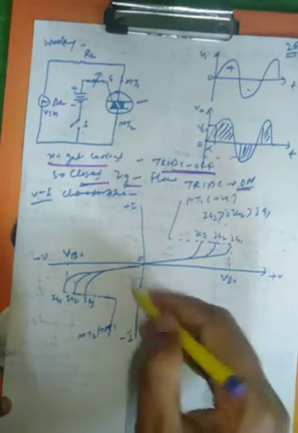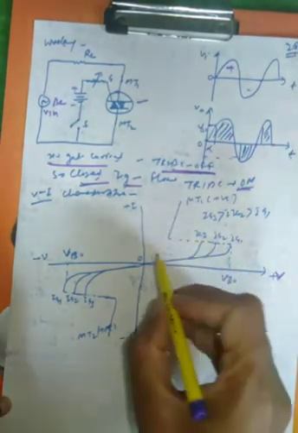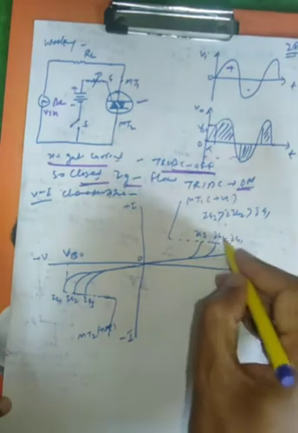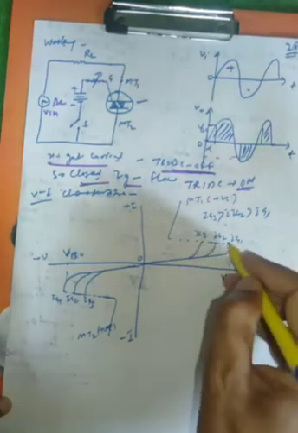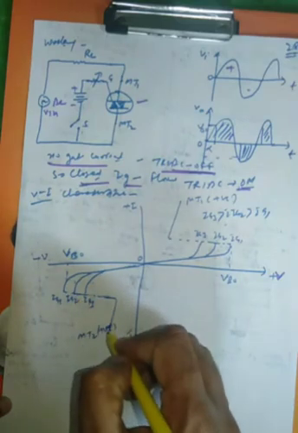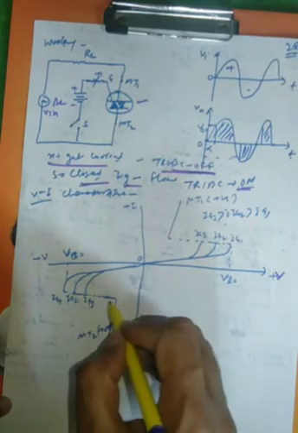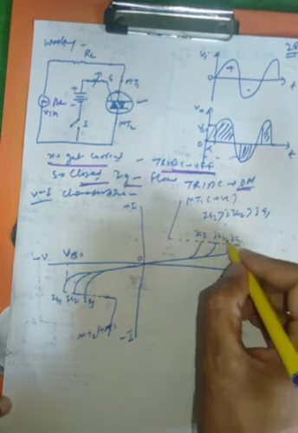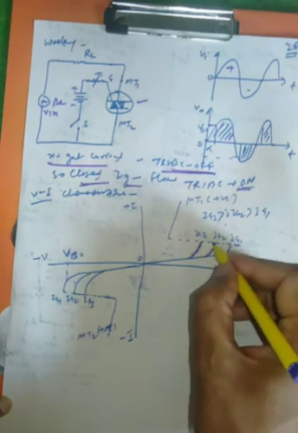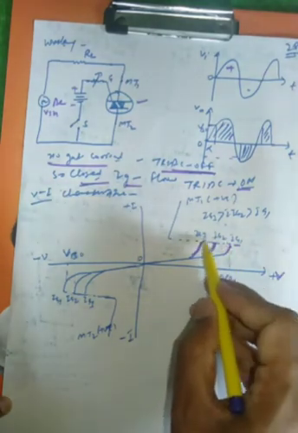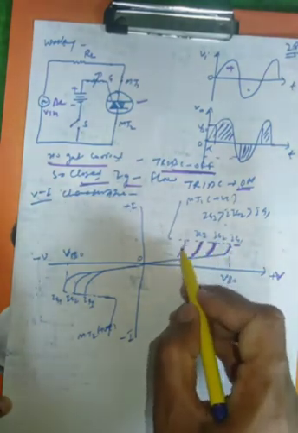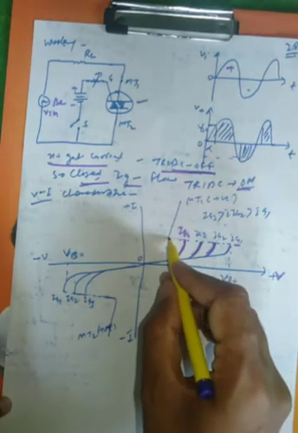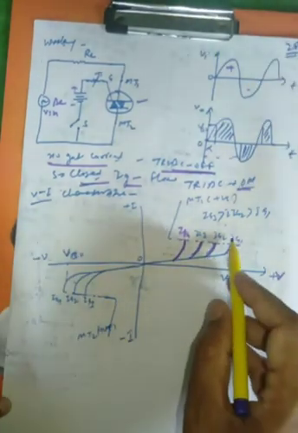You can see the VI characteristics of Triac. In the forward direction, when MT1 is positive with respect to MT2, the Triac will conduct, and when MT2 is positive with respect to MT1, then the other SCR will be conducting. You can see the gate currents IG1, IG2 and IG3. By seeing this, when we increase the gate current, the conduction will start faster. Suppose it is IG4, if the gate current is large, then it will conduct fast, and when we increase the gate current, then